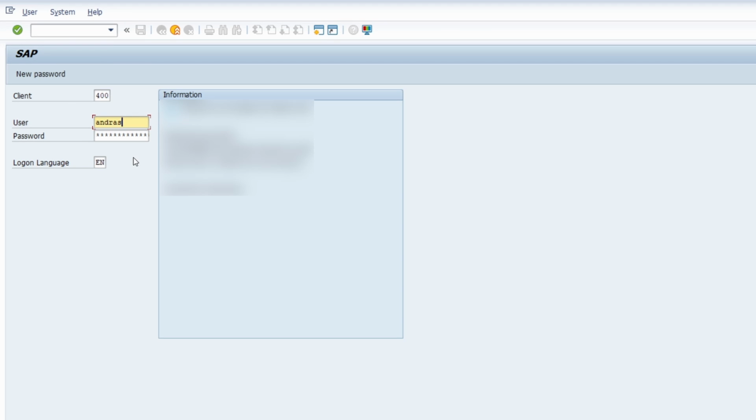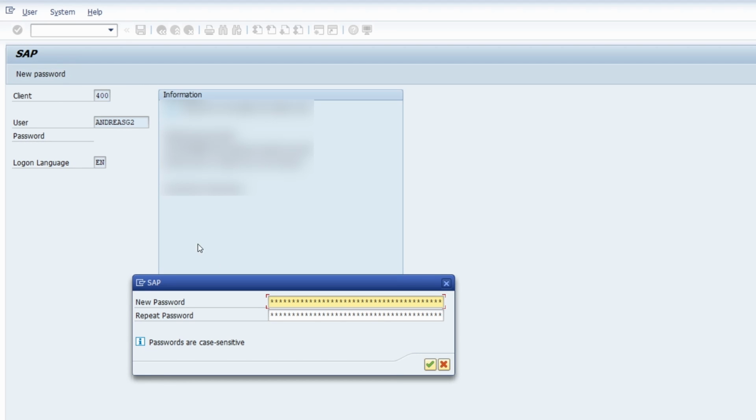you have to type in your credentials, so your SAP username and your password, and over here you see a button called new password, also executable with the F5 key on your keyboard. And once you've clicked on this, then this window, this pop-up will occur where you can type in your new